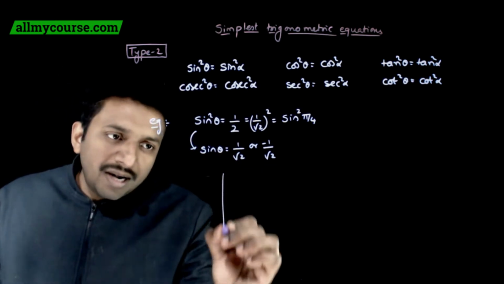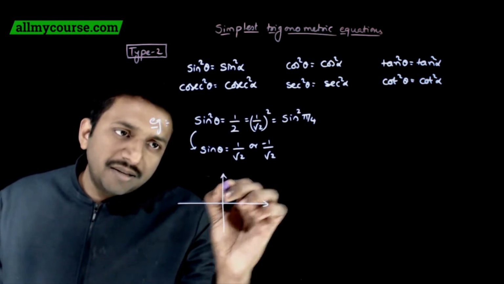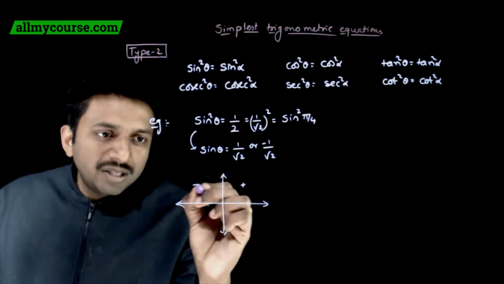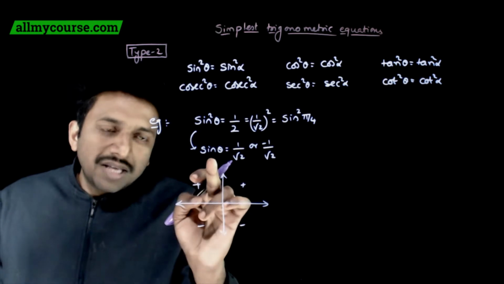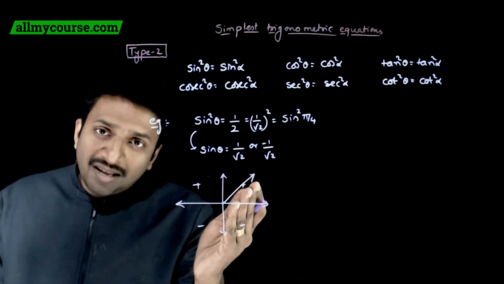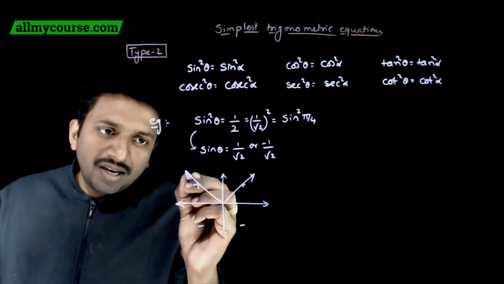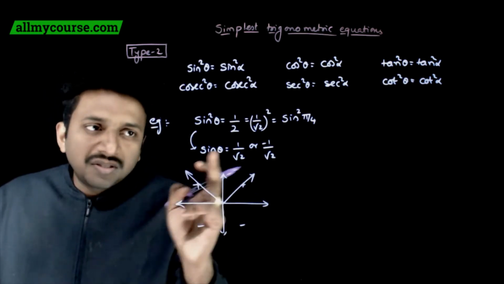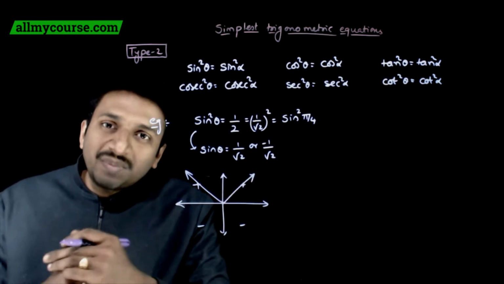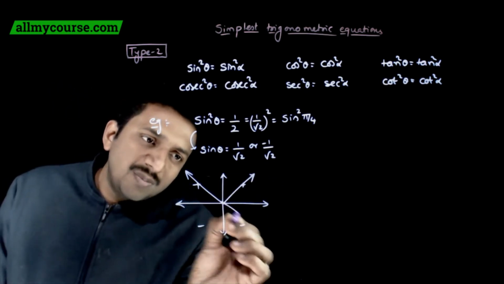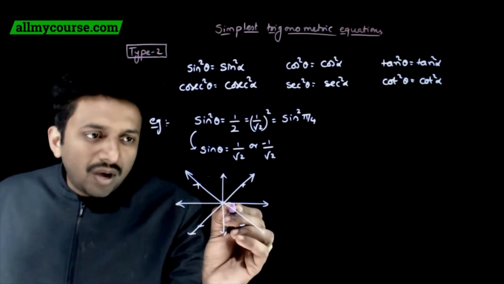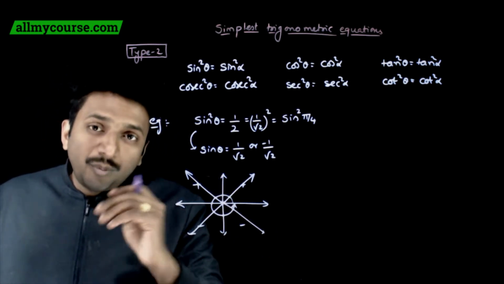So if you draw the quadrant diagram for sine theta, so now sine theta is equal to 1 by root 2. The quadrant diagram is plus, plus, minus, minus. So sine theta is equal to plus 1 by root 2 in the first quadrant at 45 degrees, and in its allied position in the second quadrant, 3 pi by 4. So these two positions give you sine theta is equal to 1 by root 2. Now sine theta can also be equal to minus 1 by root 2. That means this position as well as this position also comes. So in one rotation you have four positions